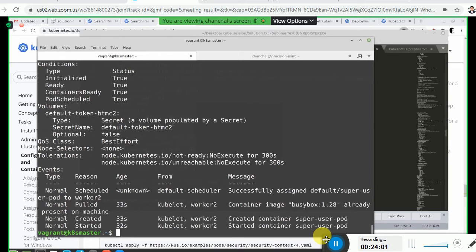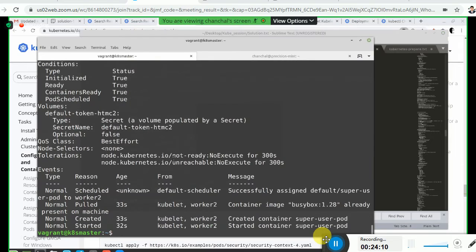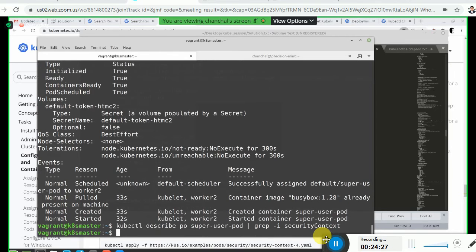No, in this itself this capability is not reflected in any way. I can try to find out with grep, as you said, security context. You can exit into that pod and try to check the command there, right? Okay, we can do that, but I am not going to delve that much deeper. I'll do a plain simple grep minus i, just for the purpose of saving some time. No, I'm not getting anything, security context as such.